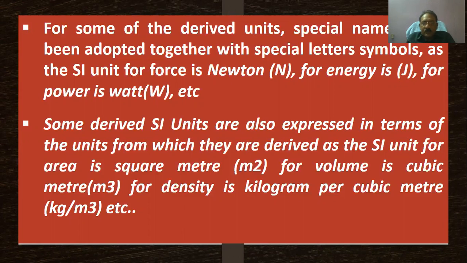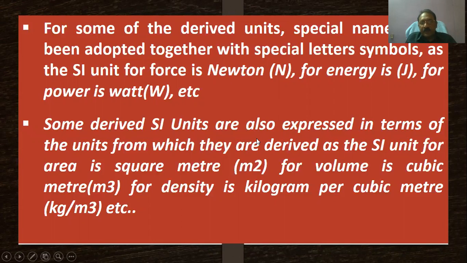Similarly, in the SI system, what is the unit for area? For example, a side of a square, what is the area? A square. Square meter, that is meter squared. What is the unit for volume? Cubic meter, meter cubed. Suppose a cube of side A, A into A into A, so if A is in meters, cubic meter. Okay, this is for units. This is very important in our estimation